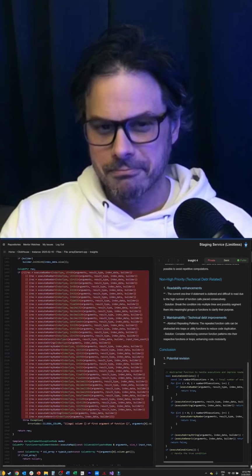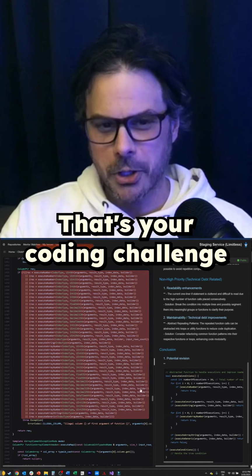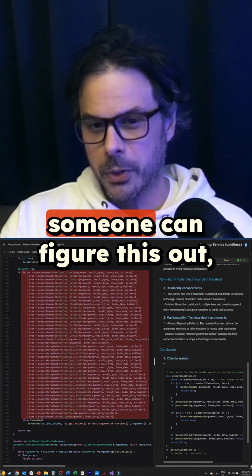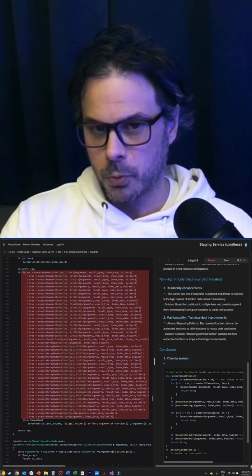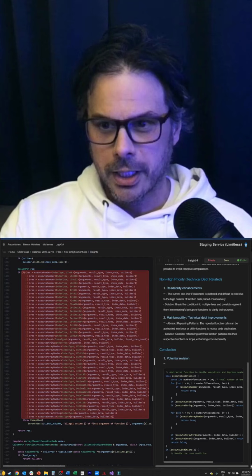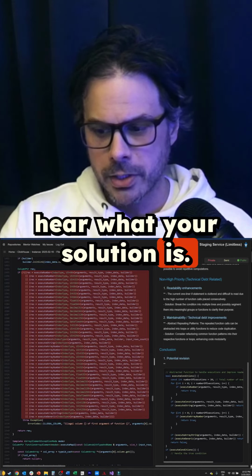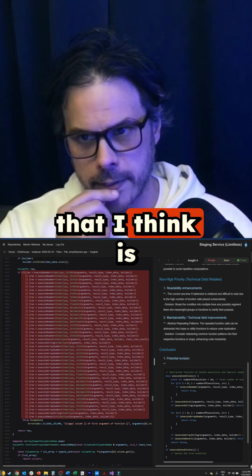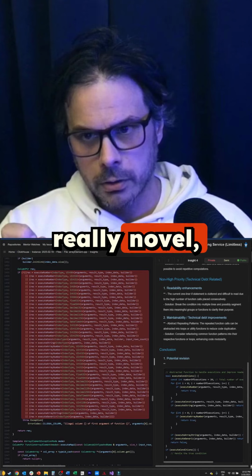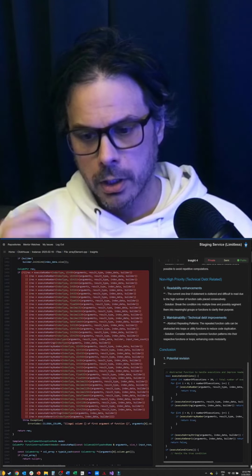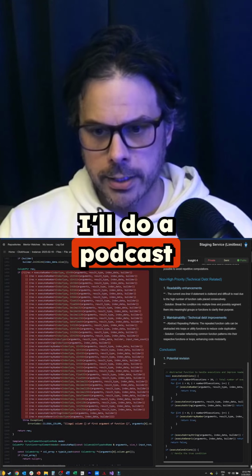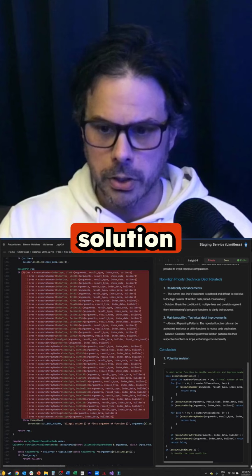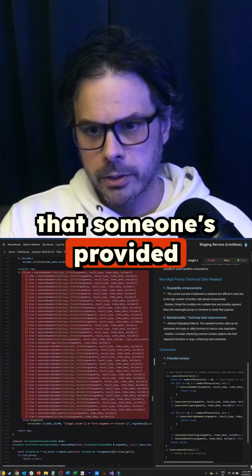So that's your coding challenge for the week. And very seriously, if someone can figure this out, I would really like to hear what your solution is. And in fact, if someone figures this out in a way that I think is really novel, again, no preprocessor, I'll do a podcast specifically explaining the solution that someone's provided, because